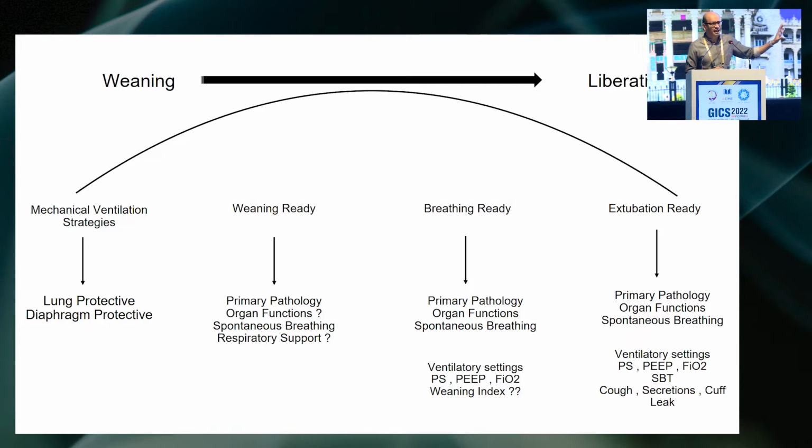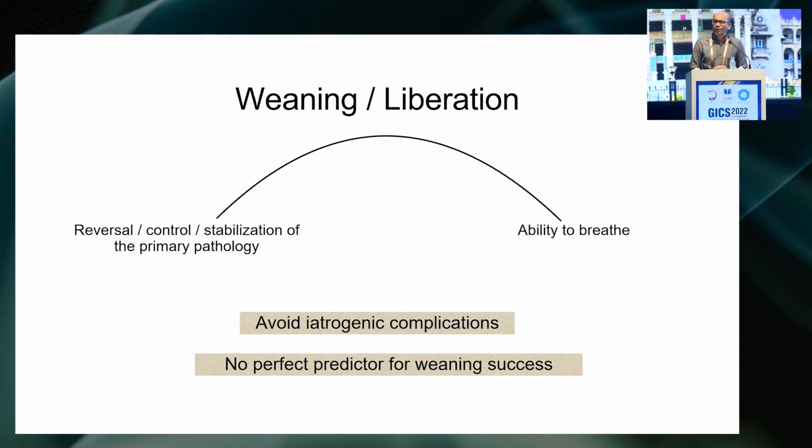And that is something that we see day in, day out, isn't it? Close to 75% of your patients can be extubated after the first spontaneous breathing trial, and they need not go through this entire process. So if I look at weaning or liberation, the only two things that matter to me are, one, what is happening to my primary pathology. The reason why I have intubated the patient, is that primary disease under reasonable control, recovery or reversal. And the second thing that matters to me is, is the patient able to breathe? Probably the only two things which we all should look at are these two.